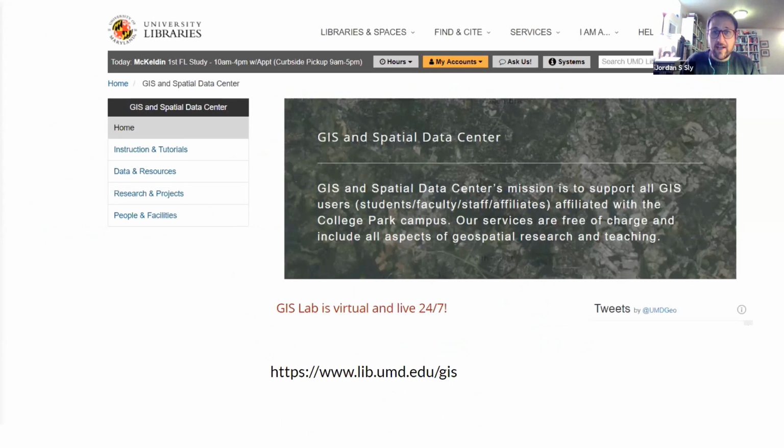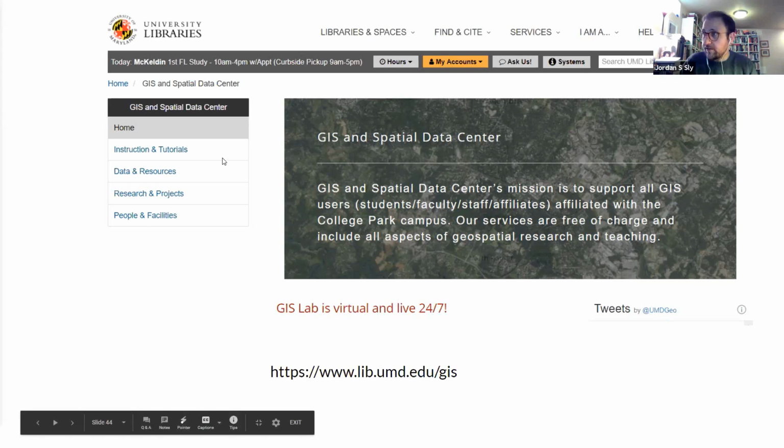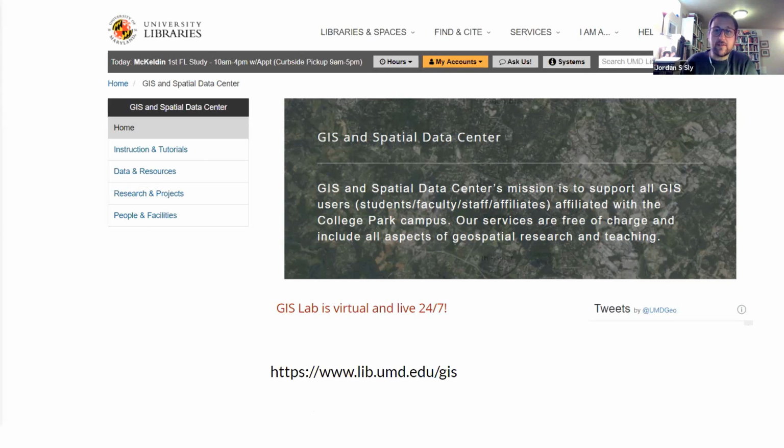Additionally, we have pages looking at specific areas of data usage. For example, we have our GIS lab, which you can find at lib.umd.edu/GIS. My colleague Milan, who runs the GIS lab, offers statistical consulting with GIS data and how to use important GIS tools like ArcGIS, and can help you work with the data that you have into a manageable form.